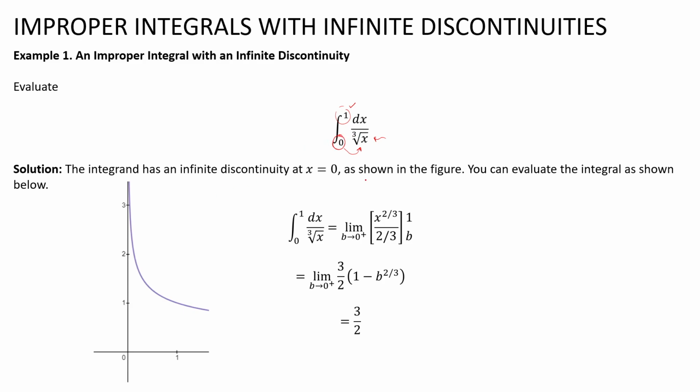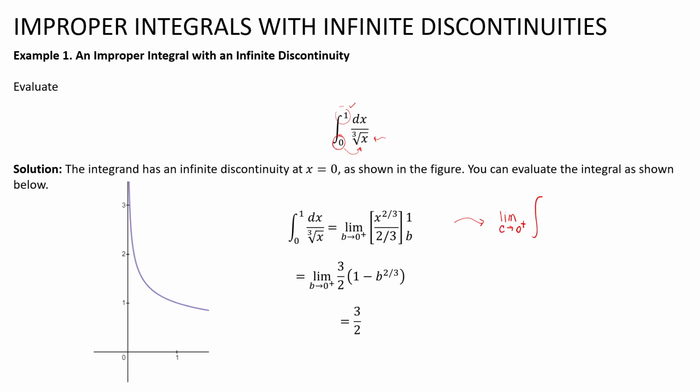So that's why we apply the formula. So again, by formula, this becomes the limit. The formula uses b, but you can choose the letter. The limit as a approaches 0 plus, and then you're going to put here